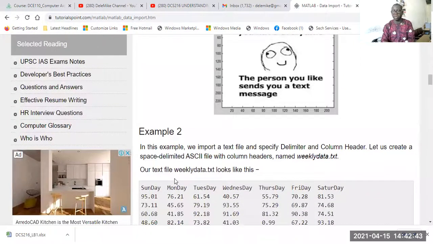Now, let's look at example 2. In this example, we import a text file and specify the delimiter and column header. So let us create a delimited ASCII file with the column header named weeklydata.txt. Okay. Let me quickly